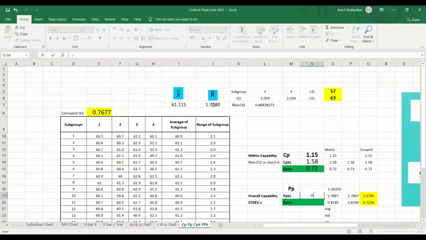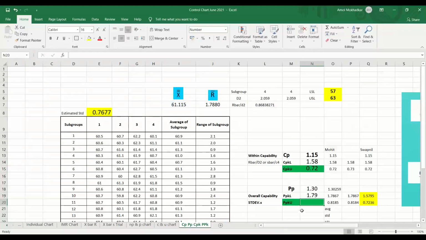PPKL, your X double bar minus 57 divided by 3 into standard deviation, not R bar by D2, but the estimated standard deviation.